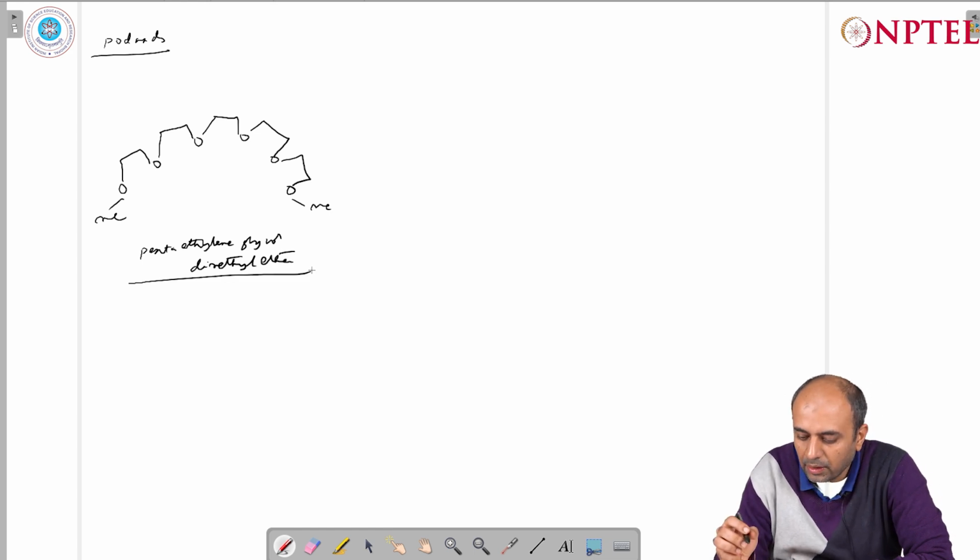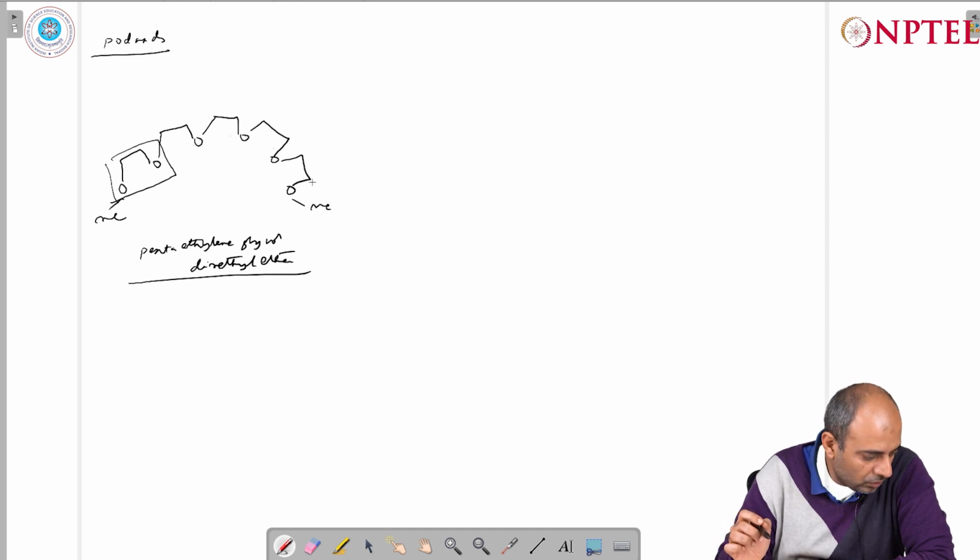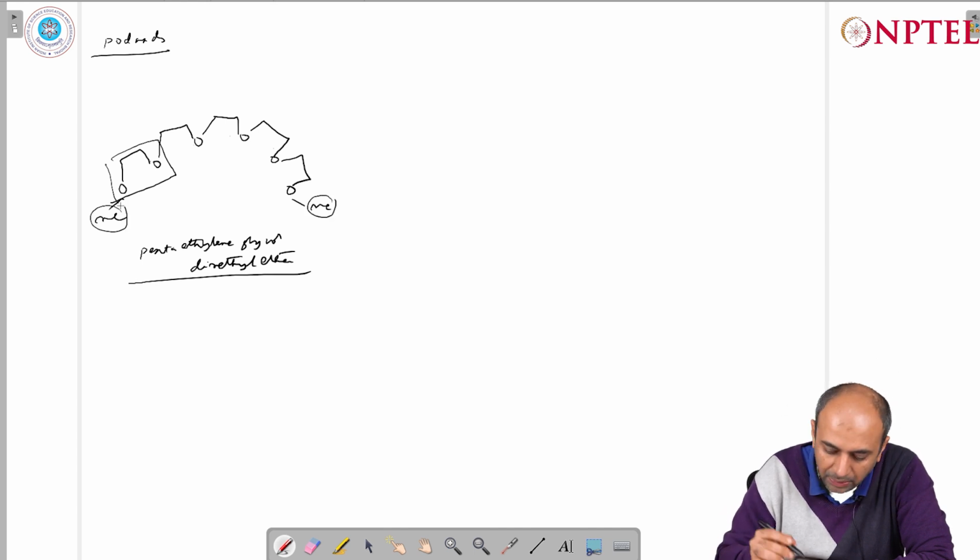We have the ethylene glycol units which are repeating, and there are 1, 2, 3, 4, 5 such units, and you can see that the methyl groups are present at the terminal part. So this is referred to as the corresponding pentaethylene glycol dimethyl ether, and this you can see has got an